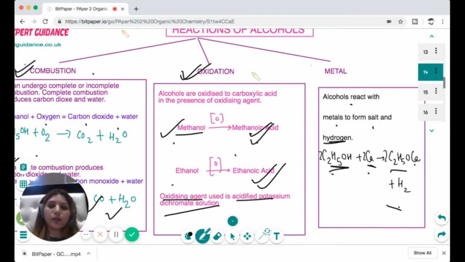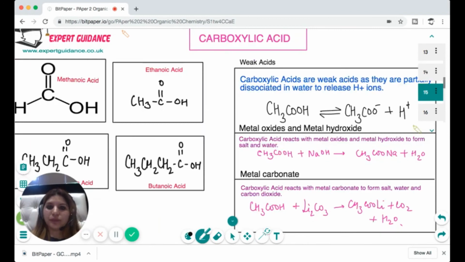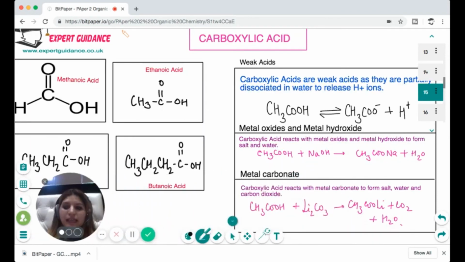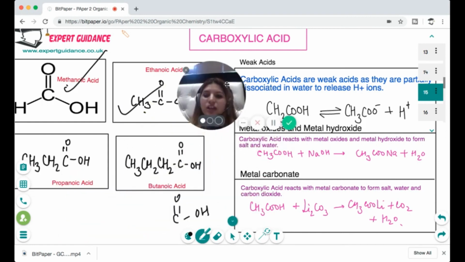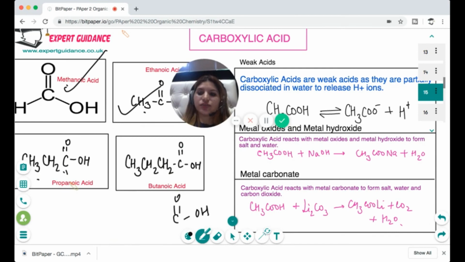Okay, so I hope all these reactions are clear to you. Next we have the carboxylic acids. Carboxylic acids have the functional group COOH. So one carbon is HCOOH, which is methanoic acid. Two carbon is CH3COOH, which is ethanoic acid. Three carbon is CH3CH2COOH, which is propanoic acid. And butanoic acid is